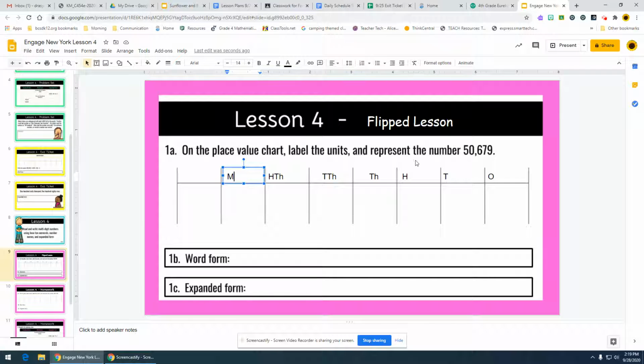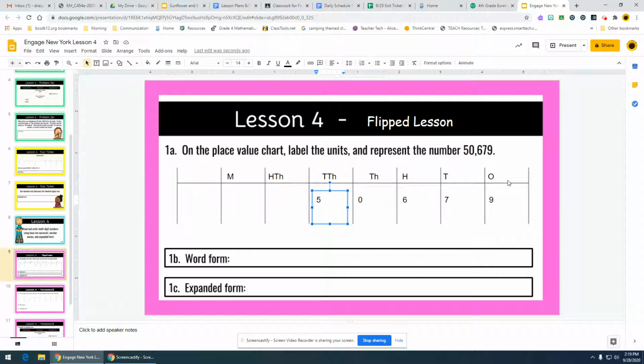The next thing we need to do is represent the number 50,679. And for today, you can just write in the digits. So I'm going to go to the ones place and put a 9 there. The tens, I'm going to put a 7. My hundreds, a 6. My thousands, a 0. And my 10,000s, a 5. So I have the number